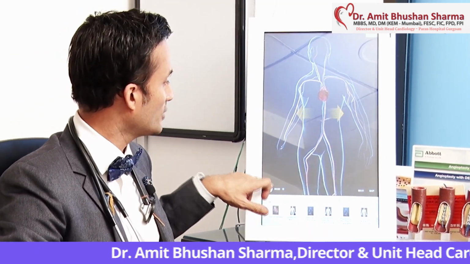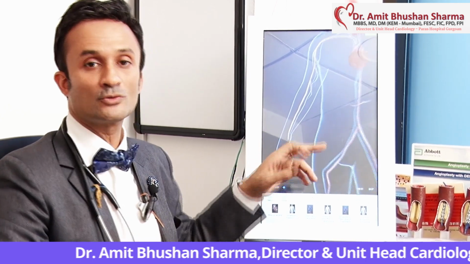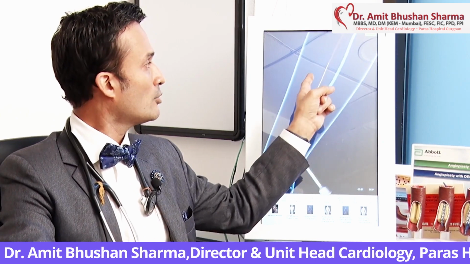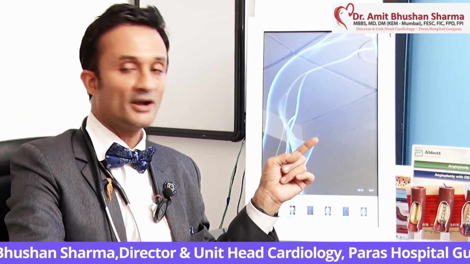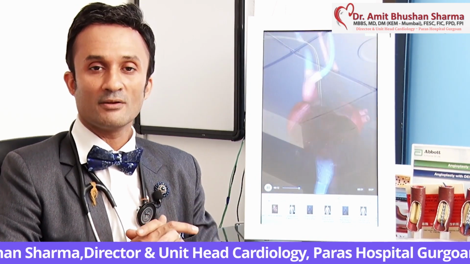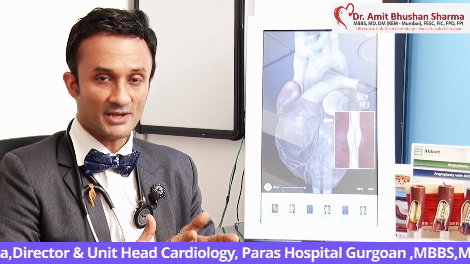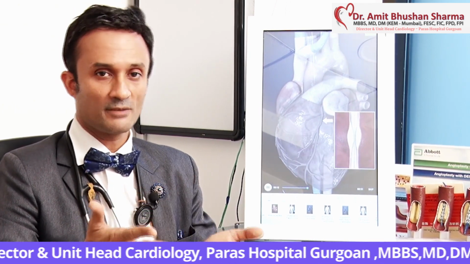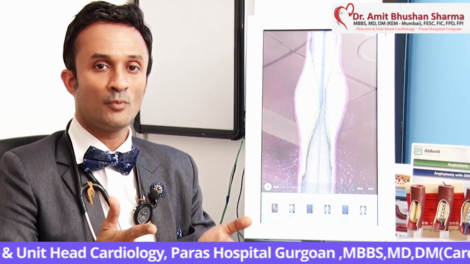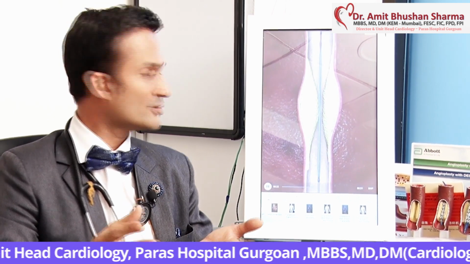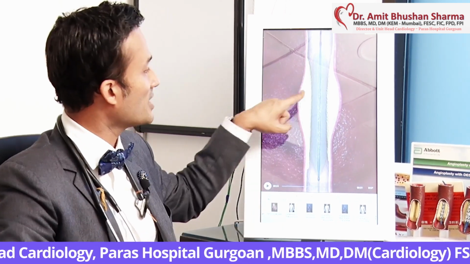So if you see very carefully, there is a small needle which goes through the hand, and it goes all the way from the hand to the elbow to the shoulder, and then it goes into the heart, and in the heart we take images of the blood vessels, and if the blockage is less than 70%, the plan is only medical management. If the blockage is more than 70%, the process of angiography gets converted to angioplasty, where you